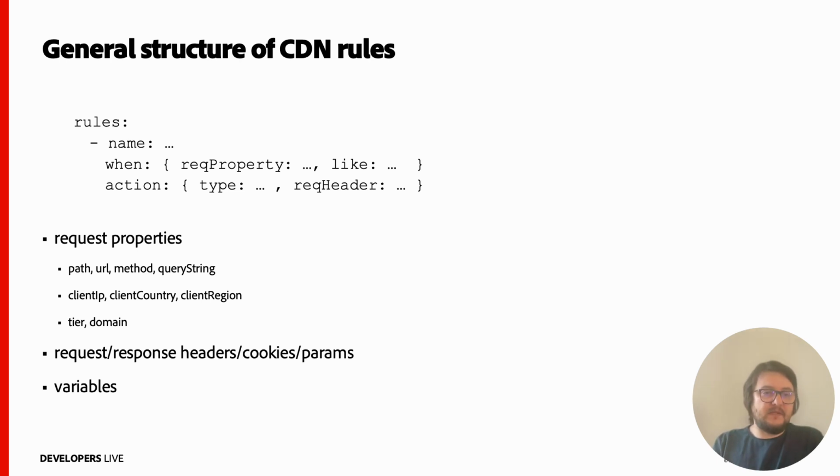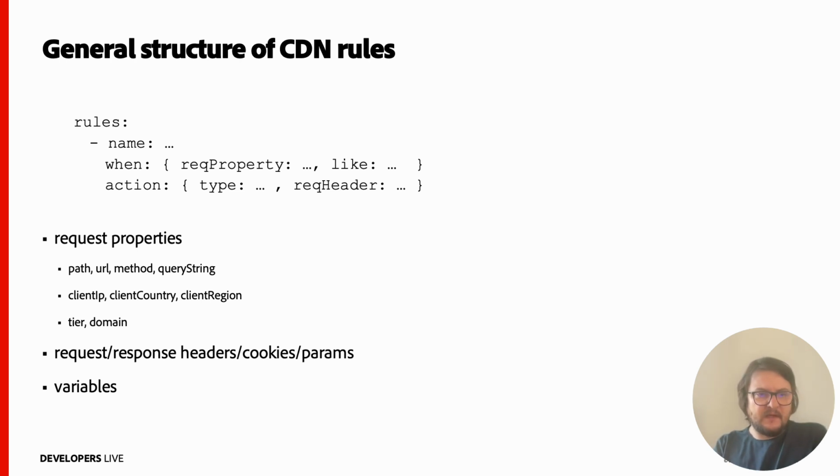But you can also write rules that have conditions depending on the client IP and some attributes inferred from the client IP, like the client country, the client region, and also there are some other properties like the tier and the domain. The tier is author, publish, preview, so that you can target your condition only for one of these tiers. It's recommended to always guard your condition with tier or domain, so that the conditions are not applying to the entire environment. Of course, you could also apply it to the entire environment, but you have to be certain that